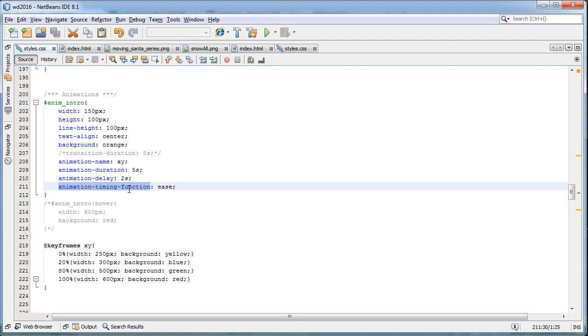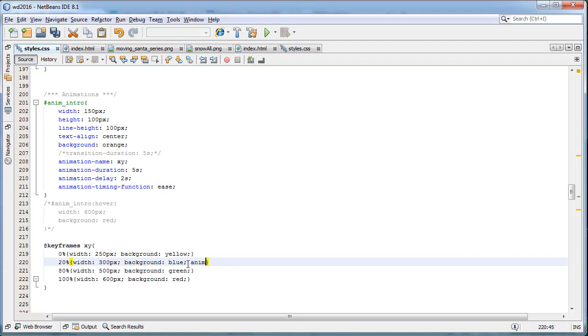Now if we want that to be different from one frame to another, it's not a problem. We can just apply it right here as well. So animation timing function, and then whatever value we are using here for the animation timing function will be applied in between or towards the next frame. So whatever we ultimately define, it will slow down or speed up or whatever it is. So here we also have that control of what is going on from one keyframe to the other